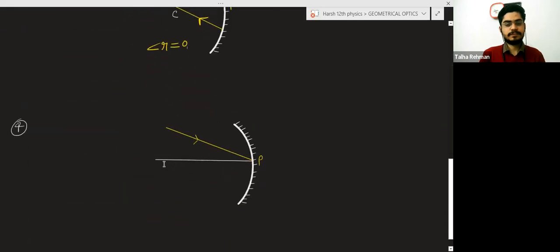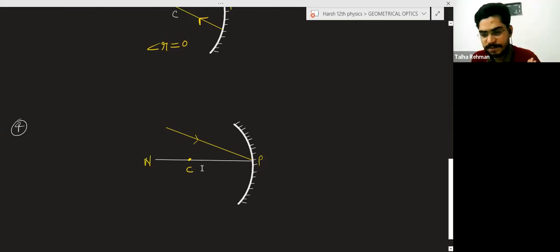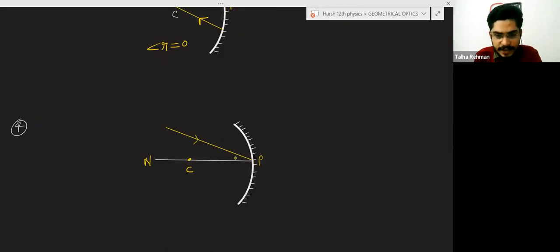Okay, this is another rule. This is the center of curvature here. If this is the center of curvature, and this is a ray of light, then when you draw the normal, the normal will also pass through the center of curvature. So the principal axis and the normal will be the same here. If this incident ray of light is incident on the pole, and it makes an angle theta,